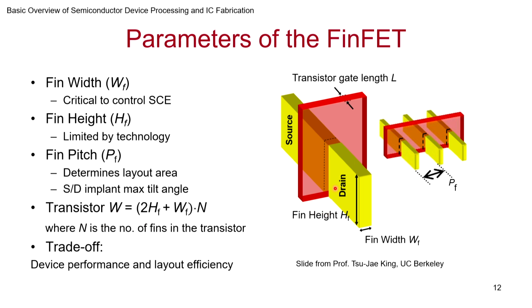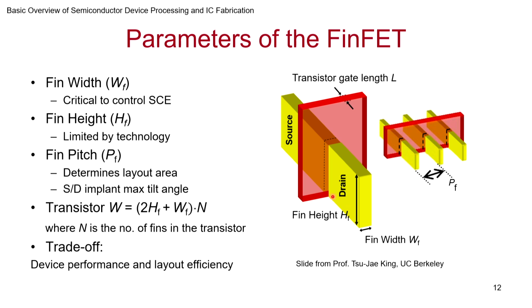Now let's look at the transistor. Transistor gate length, as we see, is this. The length of the fin will be this long thing, but transistor gate length will be this width of the gate poly that is all around this fin. You deposit gate poly all around, and then you etch them away using lithography, so you get this L. Now what is the W for this?